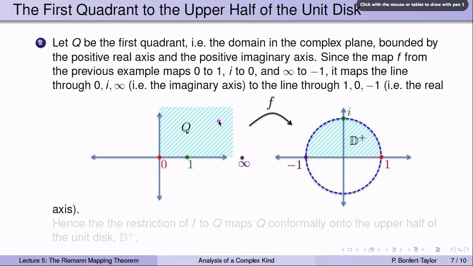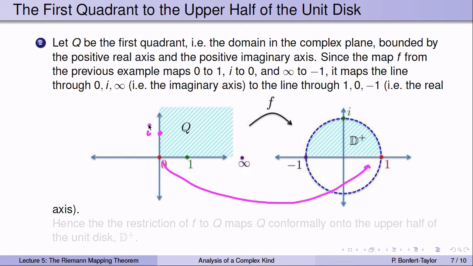Looking at the map from the previous example, it maps 0 to 1. It maps i to 0. And it maps infinity to -1. So it must map the line through i, 0, and infinity, which is the imaginary axis, to the line through 1, 0, and -1. That's the real axis. So the mapping also maps the imaginary axis to the real axis, in addition to mapping the real axis to